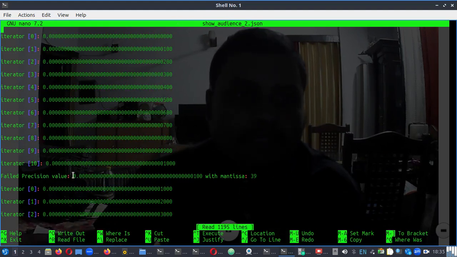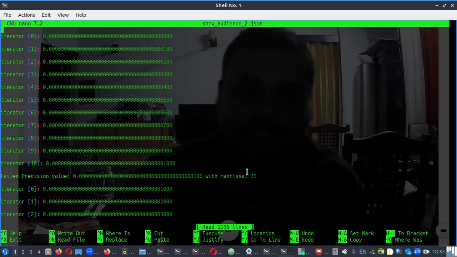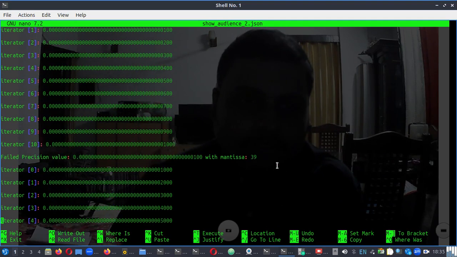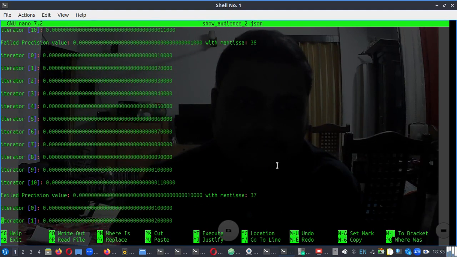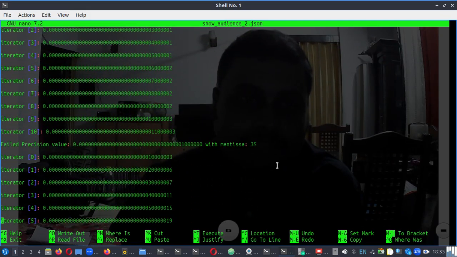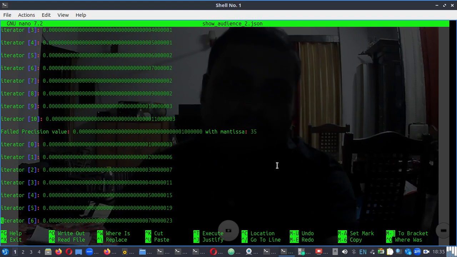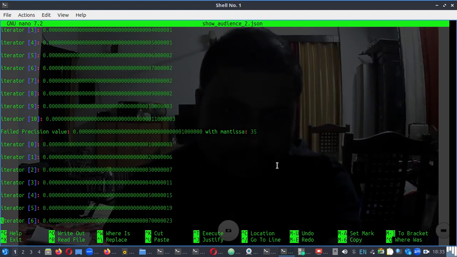So you see it says failed at precision value this much. I had given 41 zeros after the decimal point, so that is why it is printing 2 zeros extra after the 39th value. Similarly, if we scroll down, it simply says it failed, then failed with 37. It keeps on failing because the error keeps on getting added to the base value. See, in the comparison after 35, I am getting this 3 in the end,